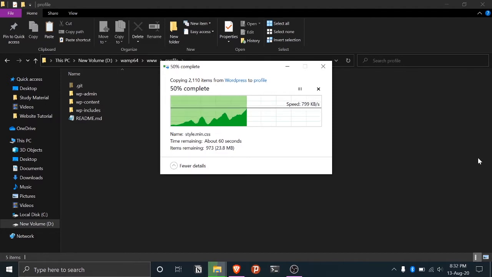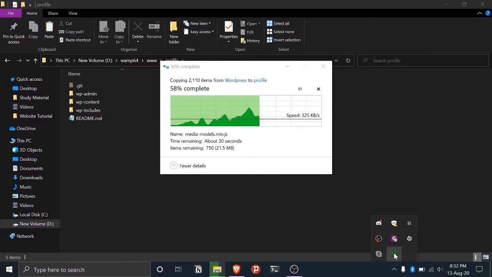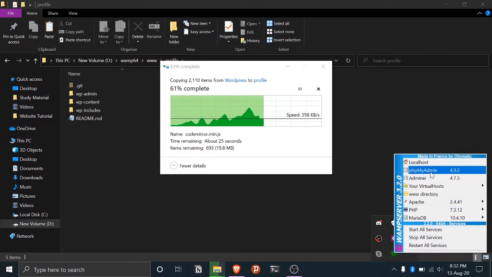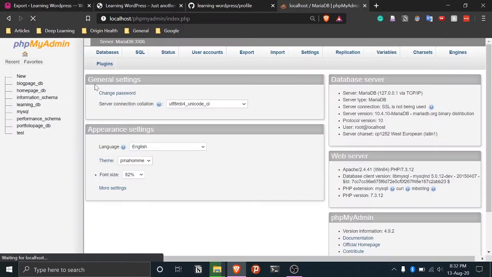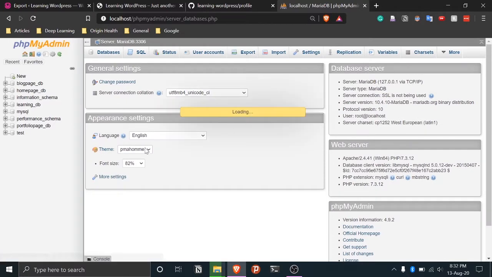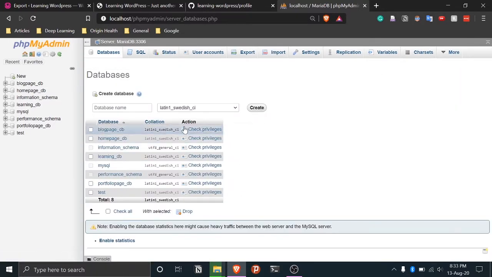Now that this is being copied, we'll go ahead and create another database for this website, for this web page I mean. So we'll go to phpMyAdmin, username root, password is none, and log in. It's the exact same procedure we did earlier. We'll go to databases and create another database.